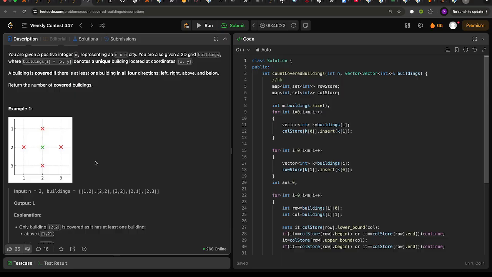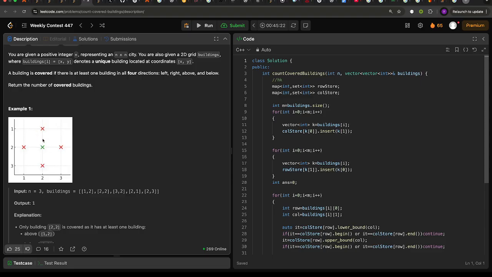So what we can do is create a hash map where, for example for row 2, we store the columns of all the possible buildings. So let's say at column 1 we have a building, then at column 3 we have a building. So corresponding to 2 we can store 1 and 3, right? In this way we can prepare the hash map.